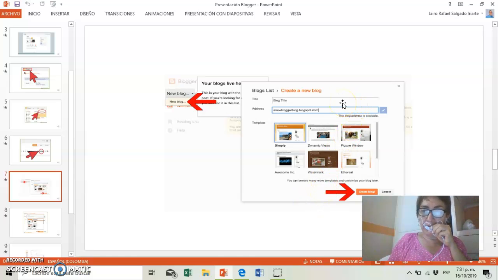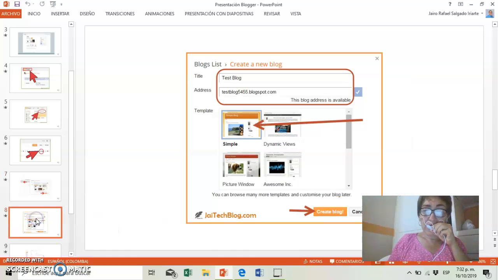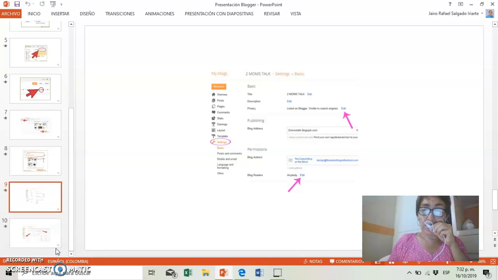First we write the title of the blog. We write our address, email, and we can choose one of these templates. And then we click on create a blog. Okay, here this arrow is showing the template we have chosen, then create a blog. Okay,